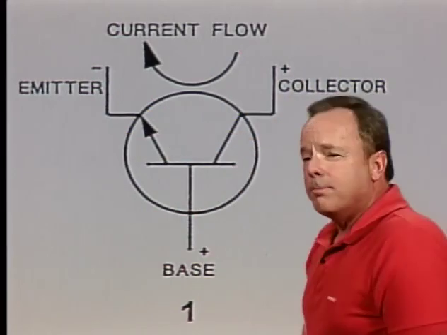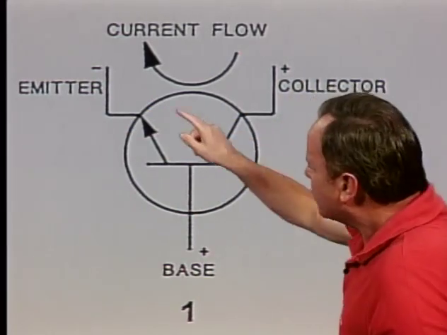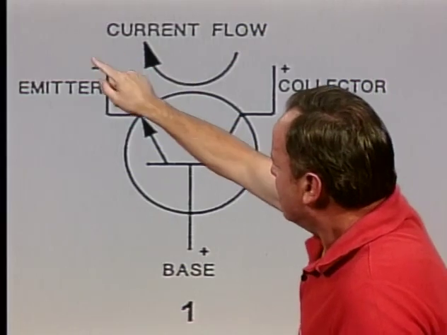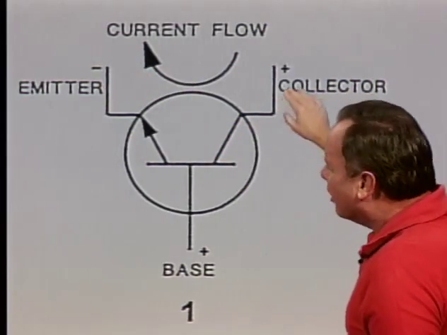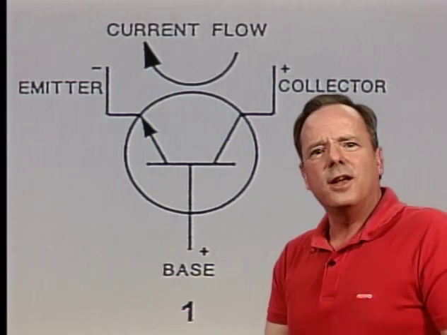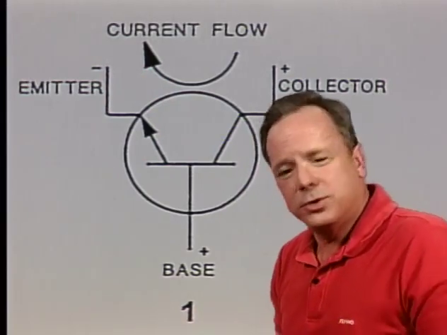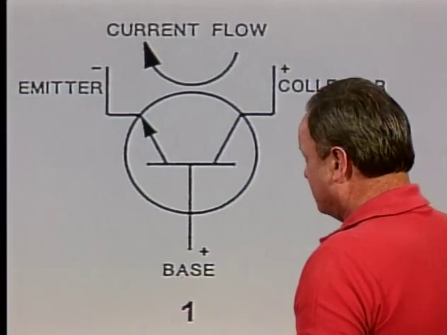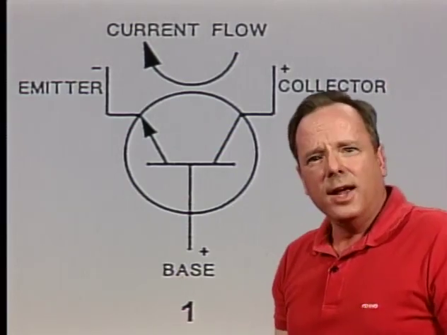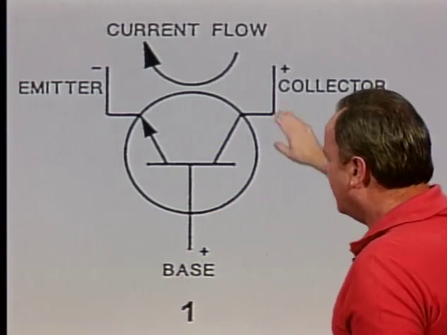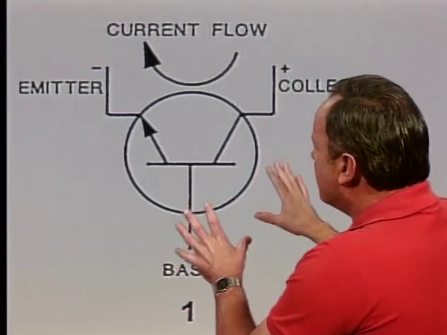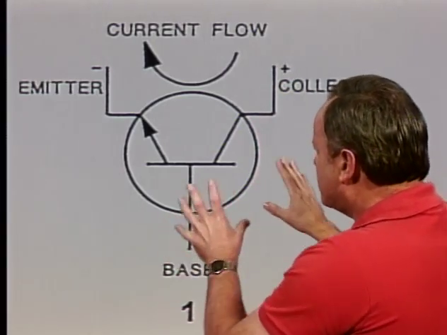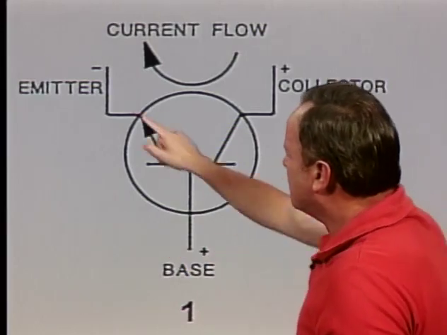current to flow. And by the way, even though we said the electrons flow from the emitter to the collector, current is different than electrons. Just a matter of convention, you say that current flows from positive to negative. We know electrons flow the opposite direction, but when you're talking about how current flows, it's said to flow from positive to negative. So this is a properly biased transistor right here because the base and the emitter have opposite